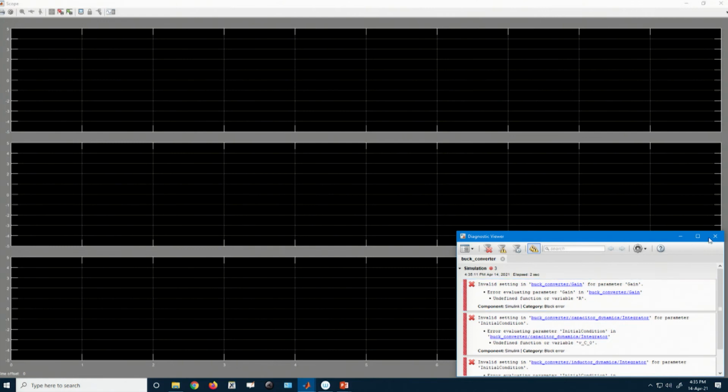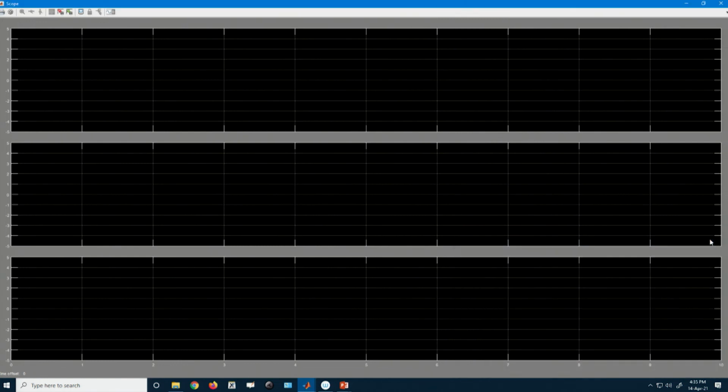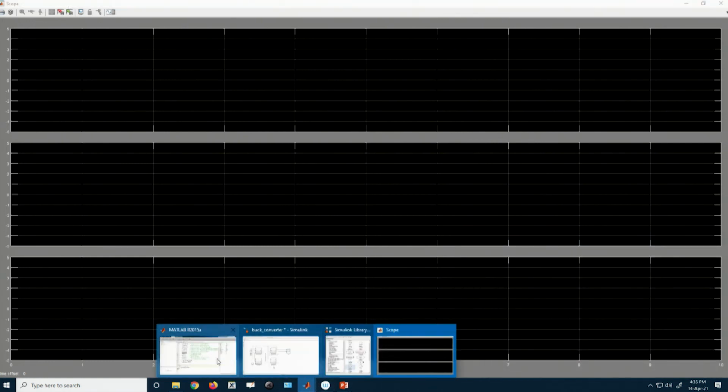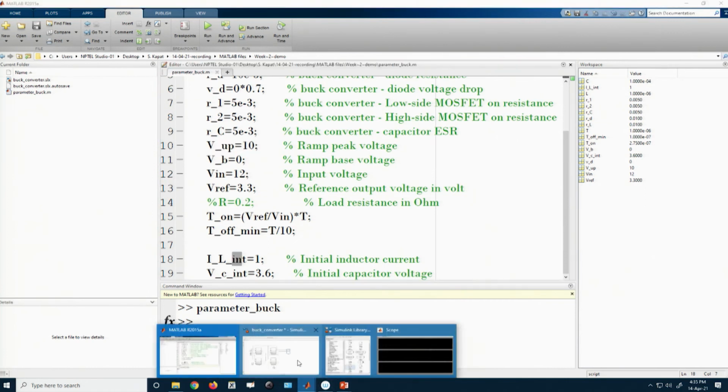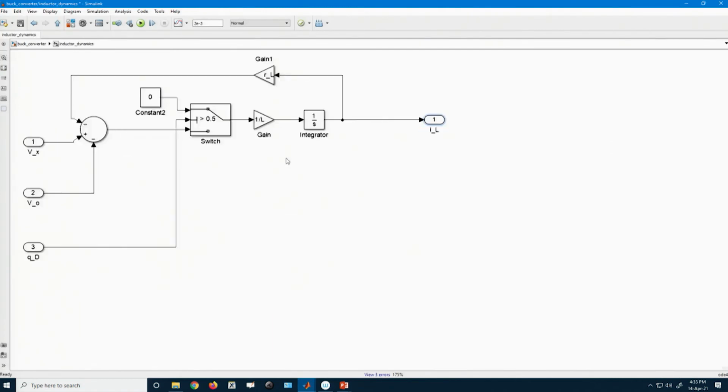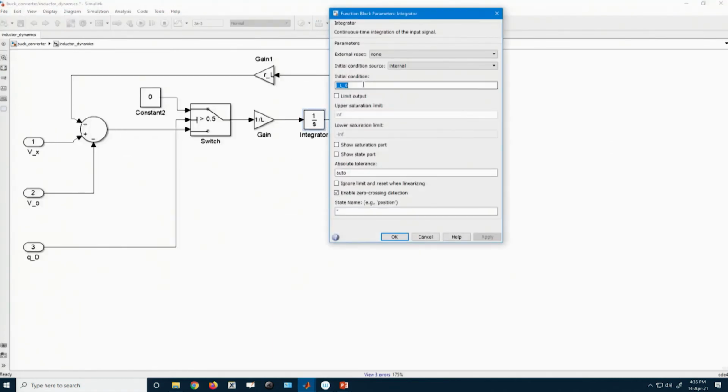Some of the gains are not defined, like R, VCO, and initial conditions are not defined. So we need to define those parameters as well. That means IL0. What is the symbol that you have used here for current dynamics? IL0.